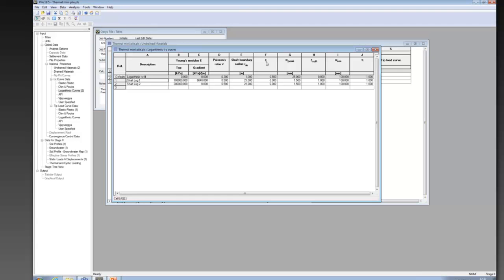Then this psi value is the parameter for, if you remember, the logarithmic curves being split into 3 portions. The first portion is a linear portion, and this psi value just dictates the extent of that linear portion. It is a value between 0 and 1, where 0 means that we have no linear portion, and immediately we start into a logarithmic function. Then W peak is the displacement that's required to reach peak stress, and we've chosen to use 0.5% of the pile diameter, so a 300 millimeter pile, and then